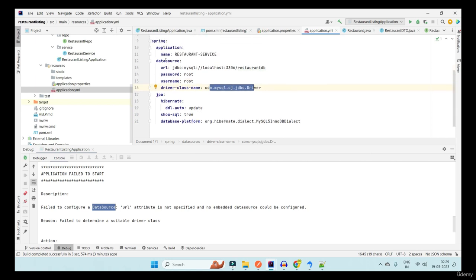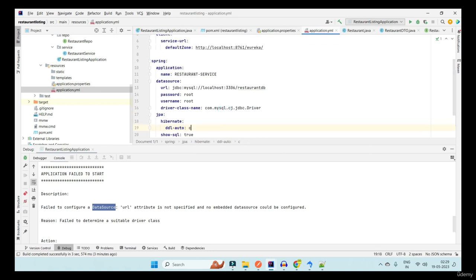connection. Also, I want the Spring JPA Hibernate properties to be set. I want DDL auto update. This means that if I have it as update, every time my data will not be discarded and new tables will not be created. If I have it as create rather than update, then every time I start my application, all the data in the database tables will be removed. New tables will be created, which I do not want. I want to have my data persisted in my database. So that is why I want to keep it as update, so that whenever the application starts, if I add any new columns, it just goes to the database table and adds those columns.